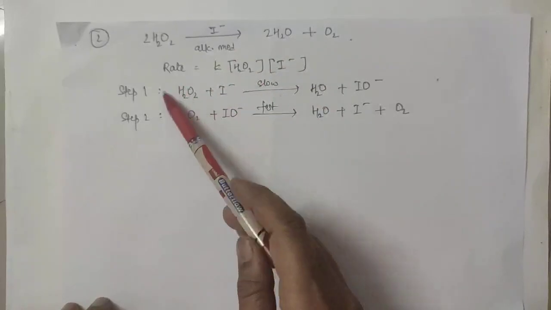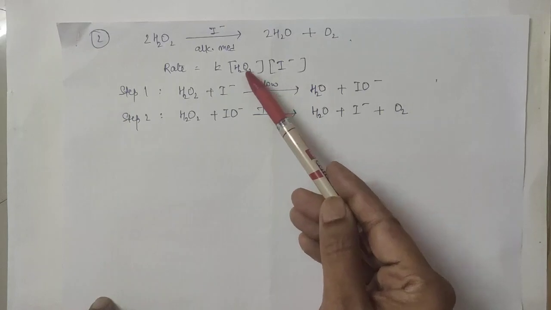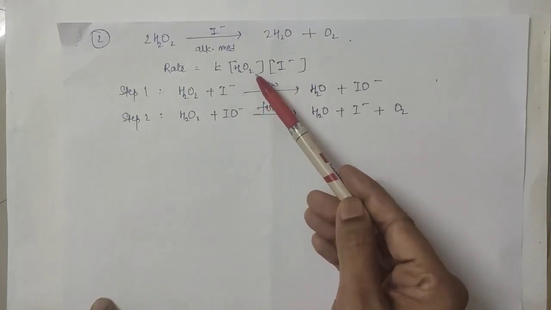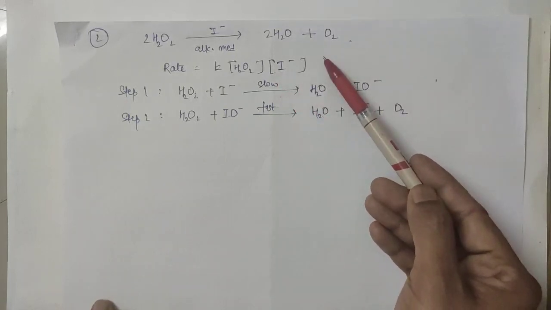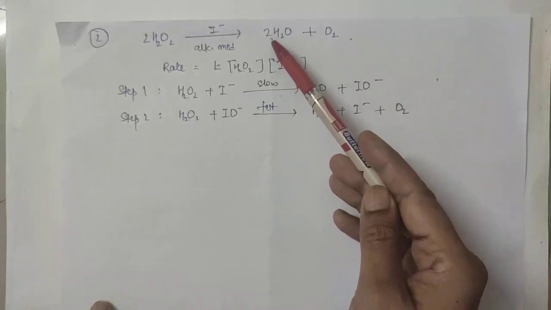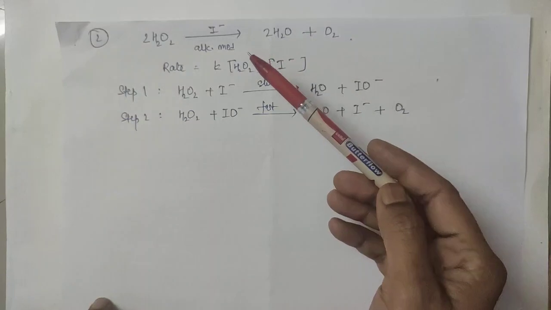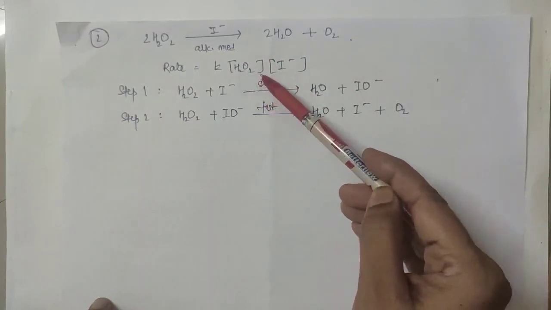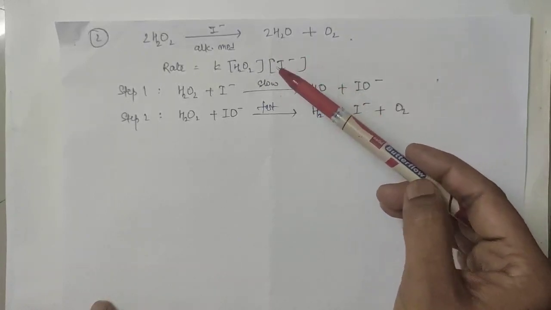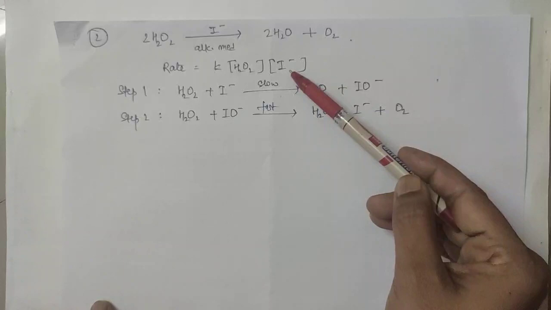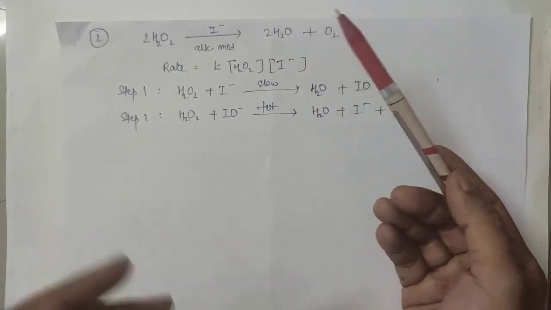Now experimentally it is found that the rate of the reaction is directly proportional to the molar concentration of hydrogen peroxide raised to the power 1 and the molar concentration of iodide raised to the power 1. That means it consists of a certain step that is slow and determines the rate of the reaction, in which one molecule of H2O2 and one ion of iodide is taking part. Iodide, being a catalyst in the reaction, will not be consumed and can be recovered later.